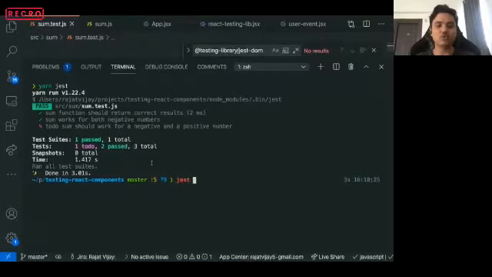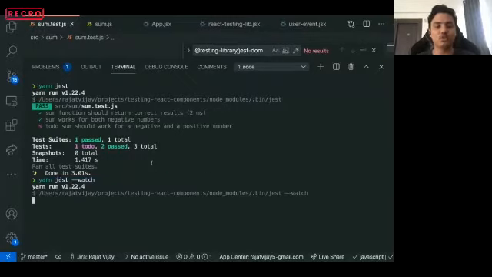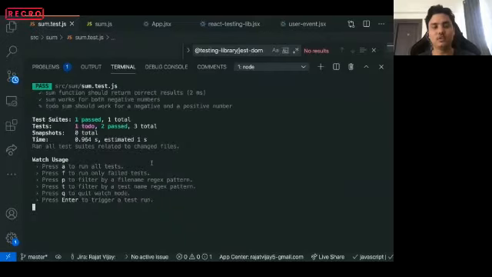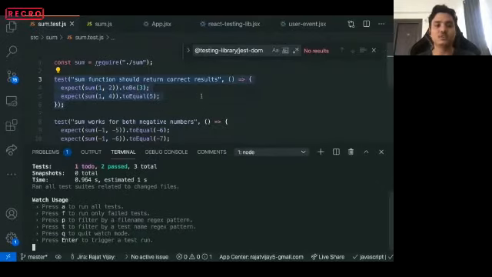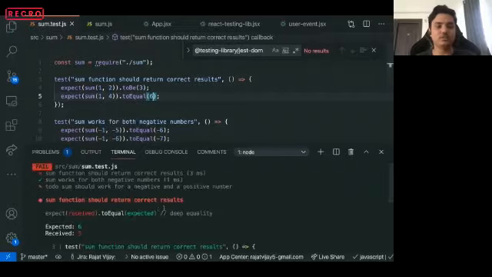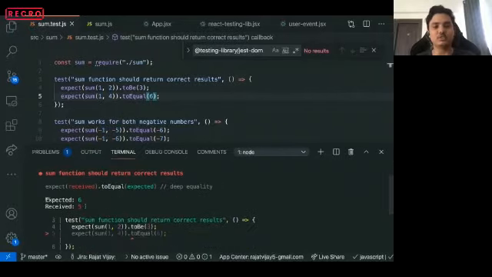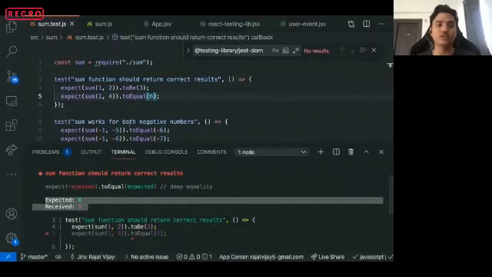It also gives you a watch mode, so you can run yarn jest --watch. What this watch mode does is it keeps running your test cases automatically whenever you change something in your test cases file. So the test cases run again. It says that you have changed something that made your test fail.